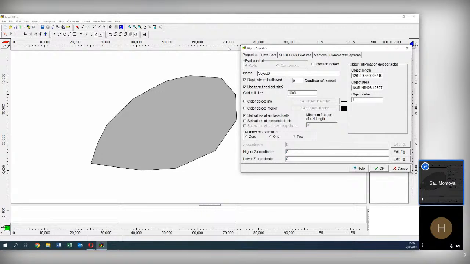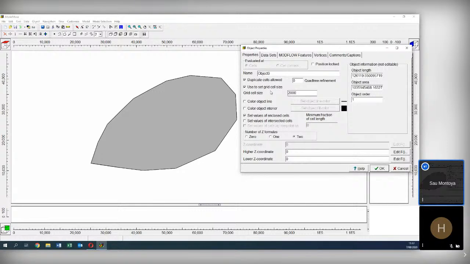If I want 100 cells, then 50 kilometers divided by 100 is 500. Yeah, let's say that I will use a grid cell size of 2000.